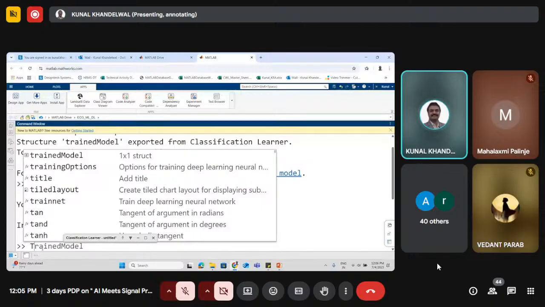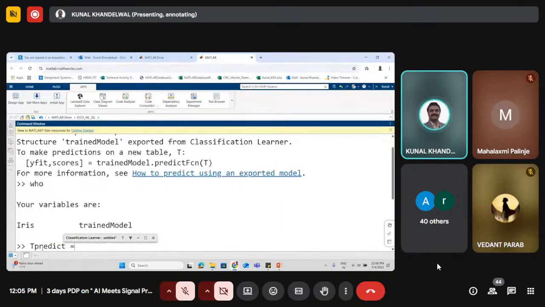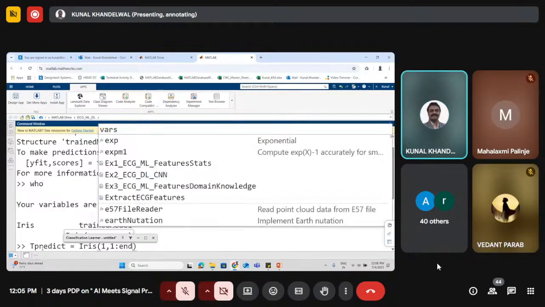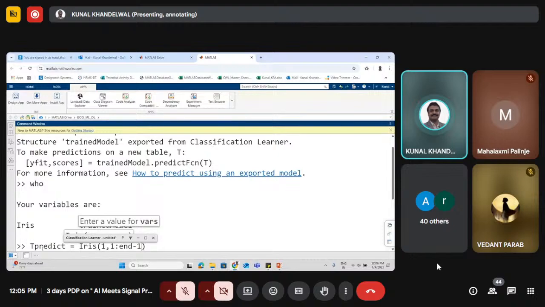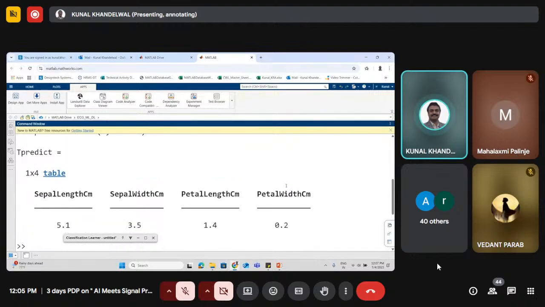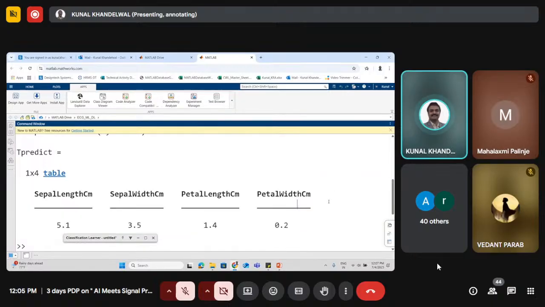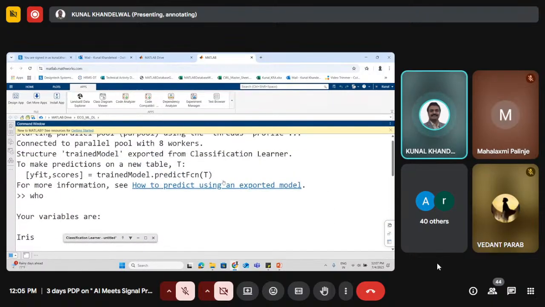So if I take this T predict is equal to iris, iris. I take the first row, comma, and I want it to be starting with the first column to the n-1 column. Look over here. This is my new table. I don't know what is the class of the flower, right? So what I can do is